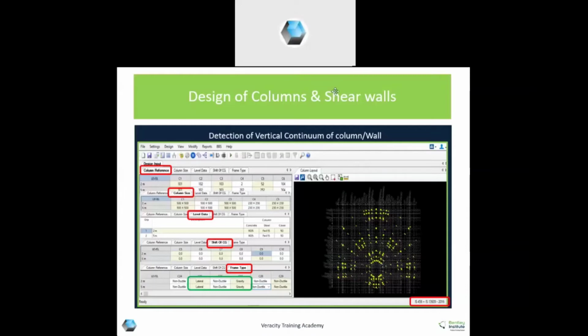All the clauses for gravity columns will then be applied as per 13920, and you have the facility to design it. Otherwise, non-ductile columns: some columns may be only for elevation purposes, or nowadays floating columns are a very problematic issue. So at that time, you can choose this option of non-ductile or gravity columns.